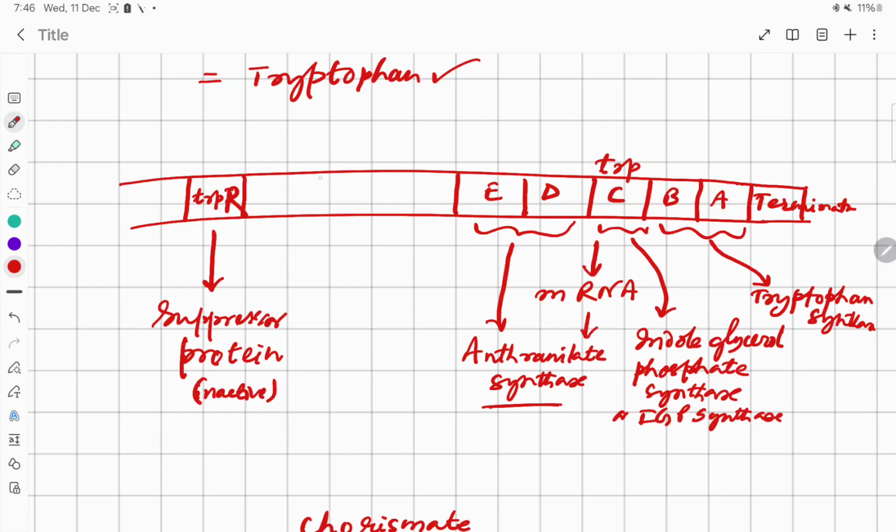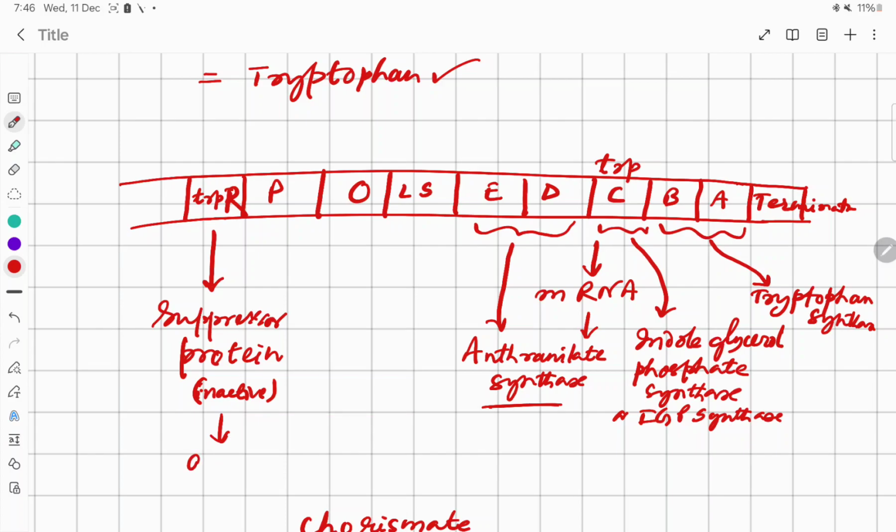Then we have the promoter, then we have the operator, and before the TRPE gene there is the leader sequence, and today we are going to discuss about this leader sequence. So before that, this regulatory gene TRPR produces the suppressor protein, which actually is inactive, and it becomes active